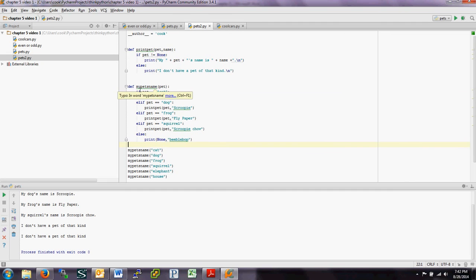So I rewrote this in Pets 2, and I still have my pet's name. The only difference is when I find out what kind of pet I have, for example, cat, I call print pet. And I need 2 things. I need the type of pet, cat, dog, frog, whatever, and the name. So I'm going to pass it the name Gemini, Scroopy, Flypaper, Scroopy Chow. And then up here in print pet,